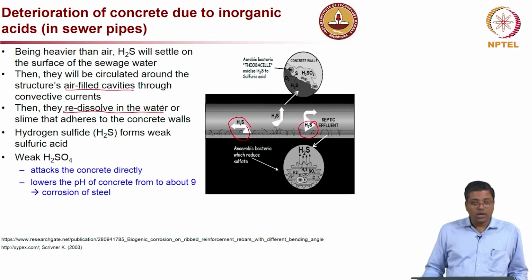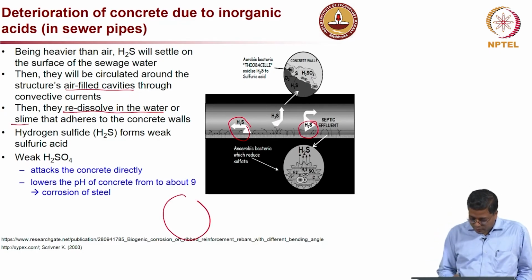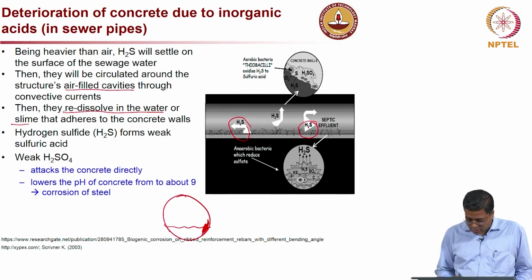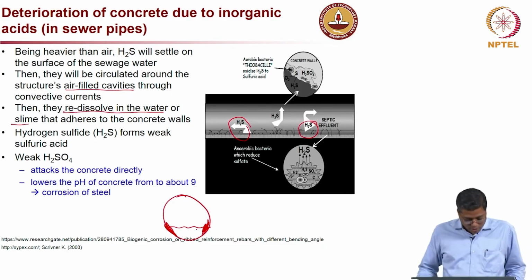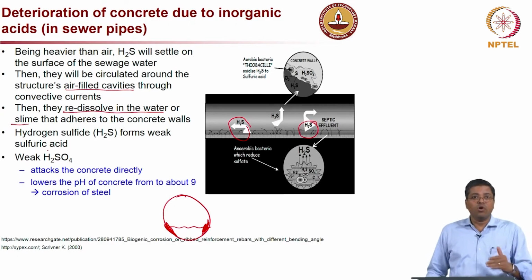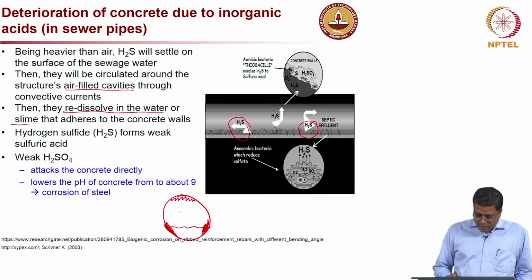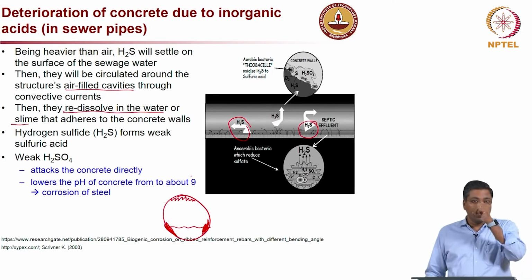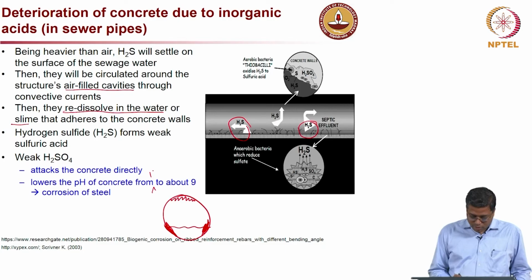And then they eventually redissolve in the water or slime. If I draw a picture here, if this is the water body, you will see a lot of slime formation right here, and it gets adhered to the concrete walls. Then hydrogen sulfide forms a weak sulfuric acid, and this weak sulfuric acid attacks the concrete directly, especially right here at the crown of the pipeline. It lowers the pH of the concrete from about 12 plus